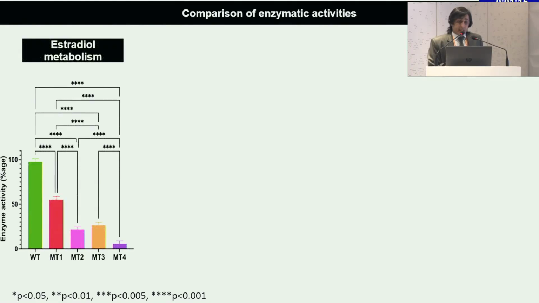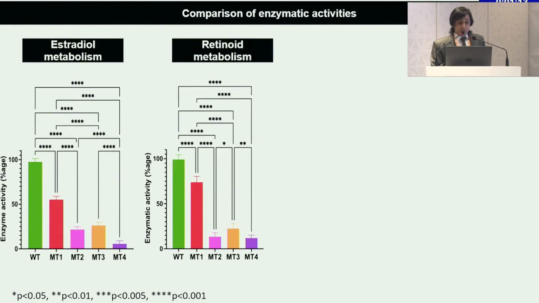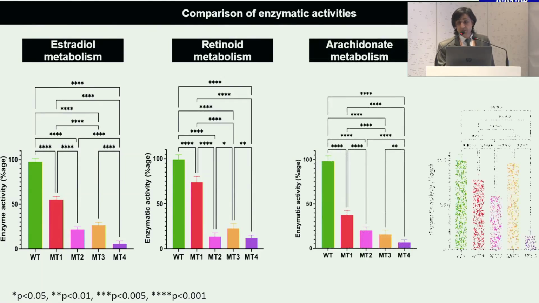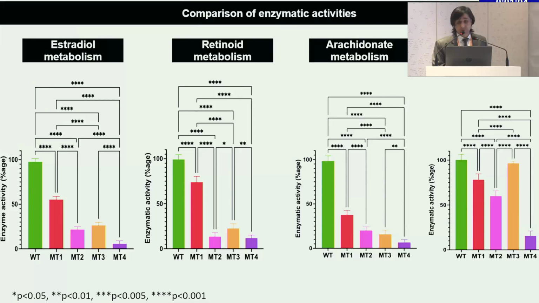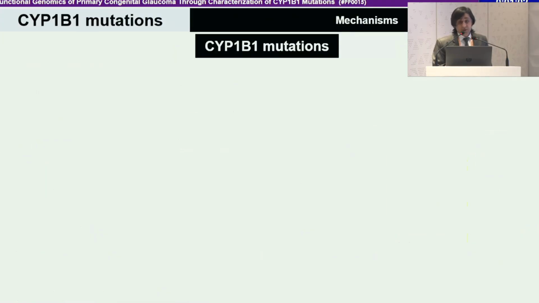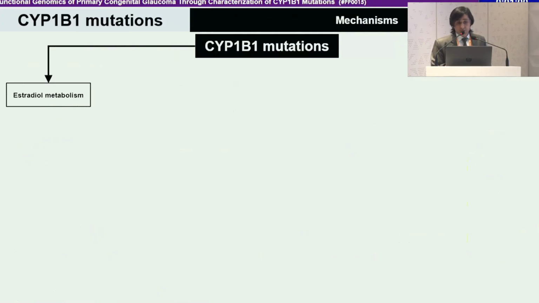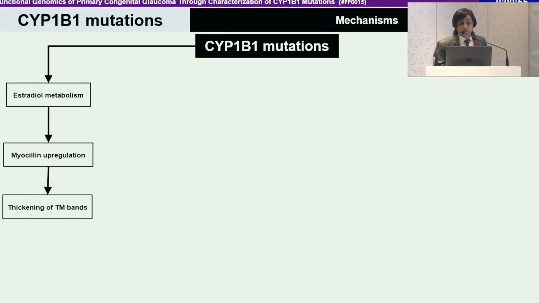We compared the enzymatic assays, starting with estradiol metabolism. There was loss in all the mutants, with more profound loss in MT3 and MT4, and the same in retinoid metabolism, arachidonic acid metabolism, and melatonin metabolism. So taking all this together, CYP1B1 mutations, with regard to estradiol metabolism, lead to myocilin upregulation, which leads to thickening of the trabecular meshwork beams and increased intraocular pressure,